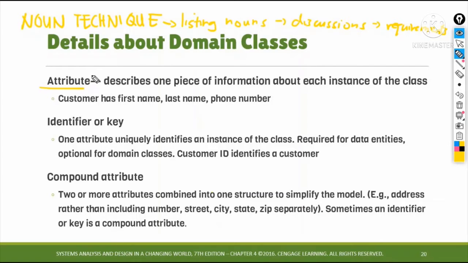So an attribute describes one piece of information about each instance of the class. For example, a customer has first name, last name, and phone number. So these are the attributes of the customer. Most information systems store and use pieces of information about each thing of interest